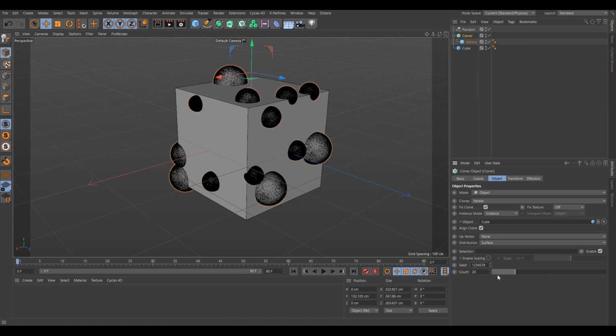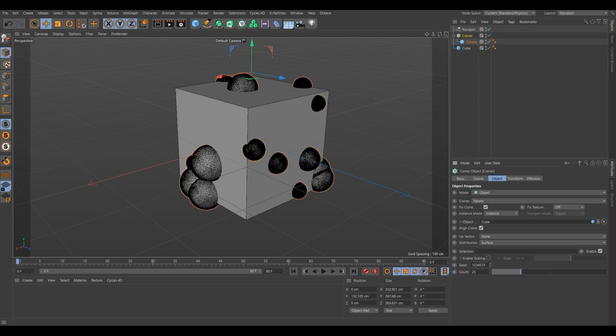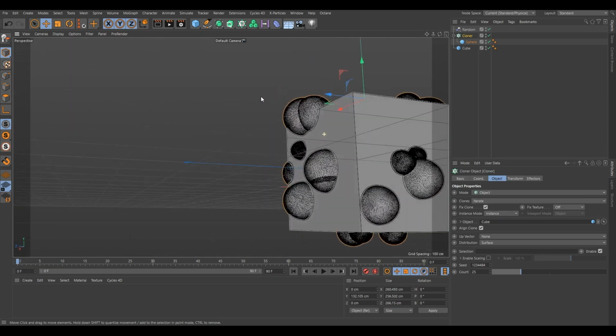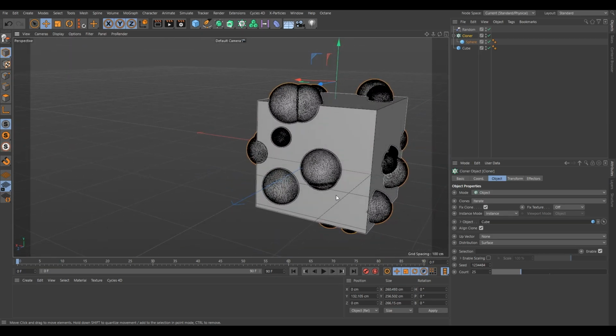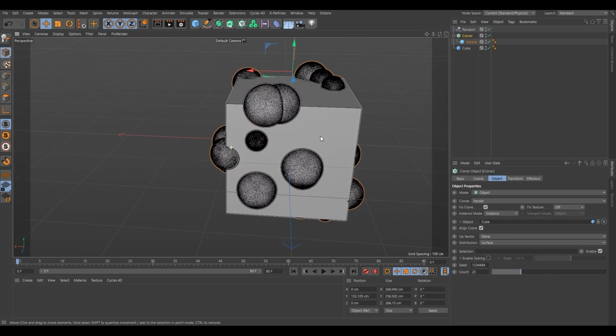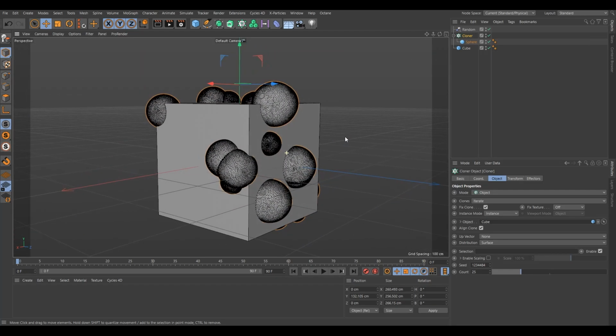Nah, I don't like that. How about 25? And how about this? So we have a lot of intersections actually in our spheres, which is not that bad, but